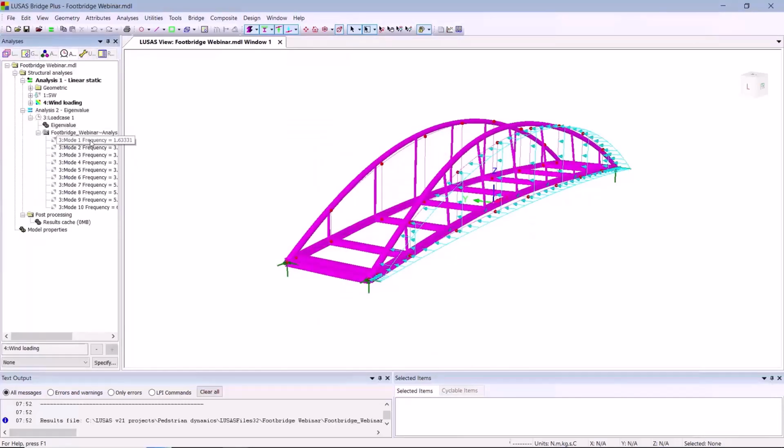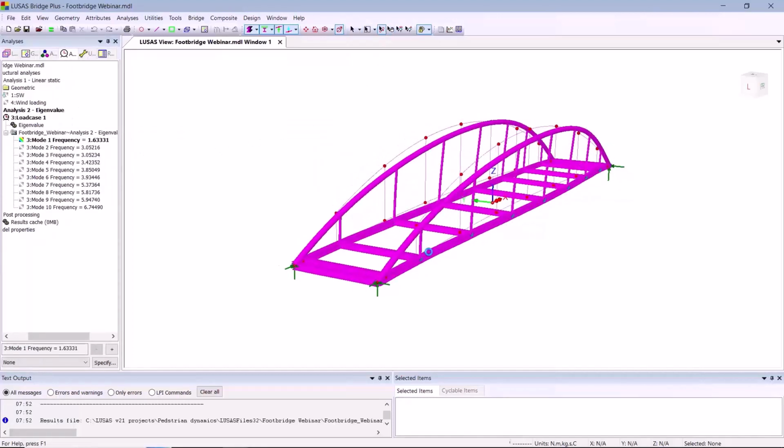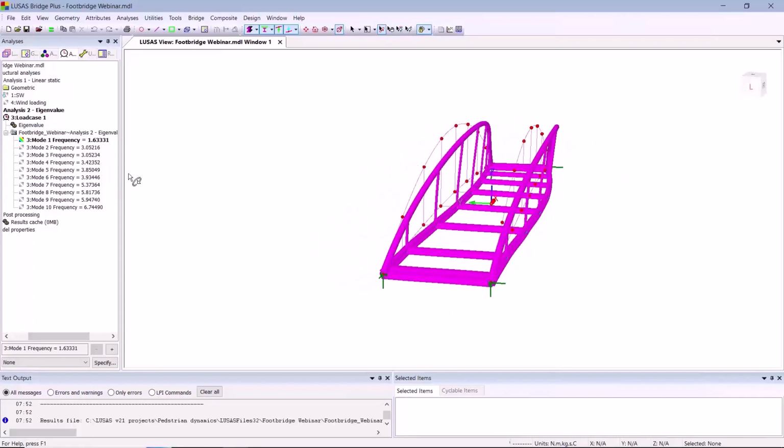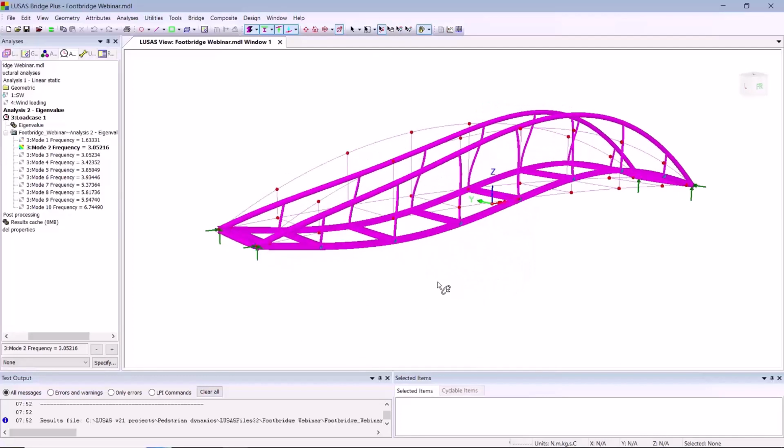Now, as I said, I've got two analyses in this model. Now, if I look at the results of this, these are a natural frequency analysis. Now, the mode that I'm looking at here is lateral at 1.6 Hertz, and this is a vertical mode at 3.05 Hertz. Now, this is important because we're going to try and excite this using the new Pedestrian dynamic analysis wizard. Now, to do that, basically, I'm going to close my results down,